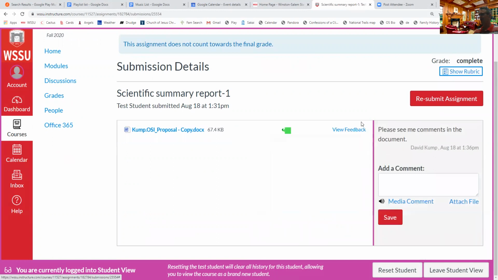But what I want to show you here is if you click this view feedback right here, this is actually where I give most feedback for an assignment. I may make the comments over here. I may have made them in the rubric, but generally most of my comments will be found here. I say generally because of course that's not always true. And if you click view feedback,